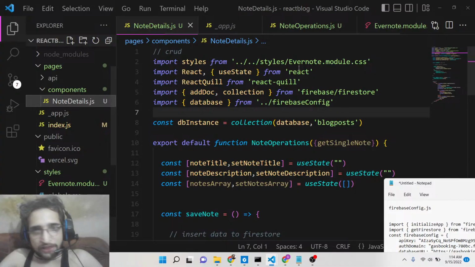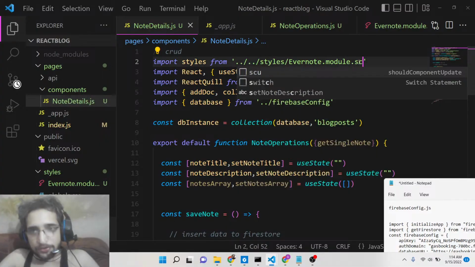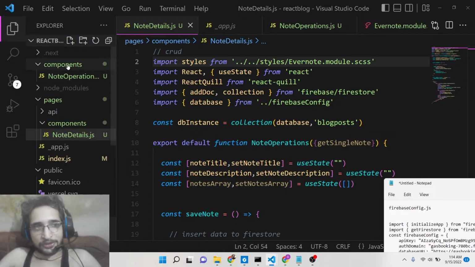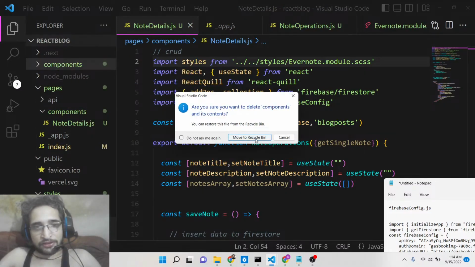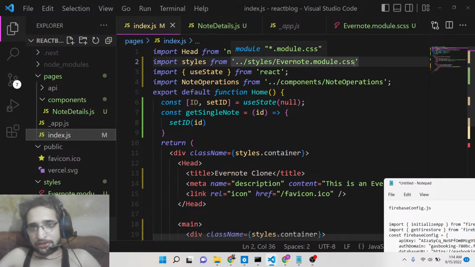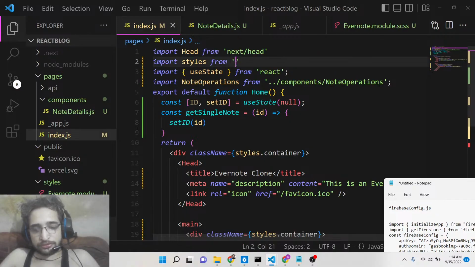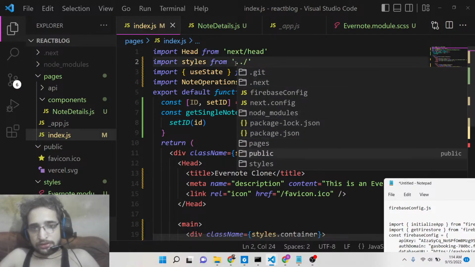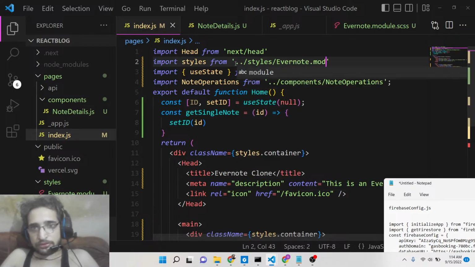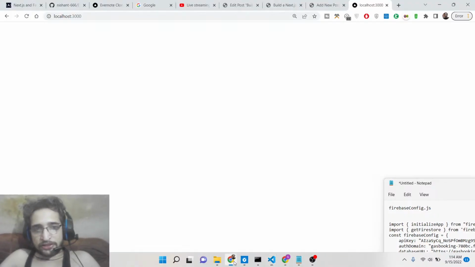So now this file will definitely work. There was no error with the SAS, it was just this problem. We need to delete this folder here. Just delete it and go to index.js and simply include this file here also. So now hopefully, guys, this will work. If you refresh it,